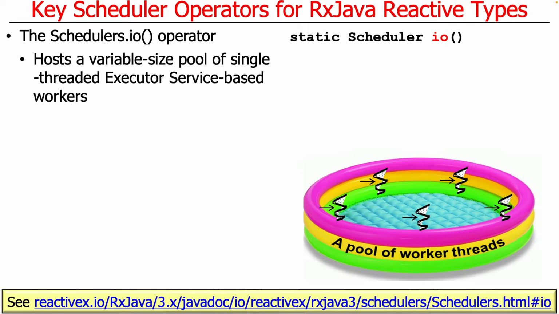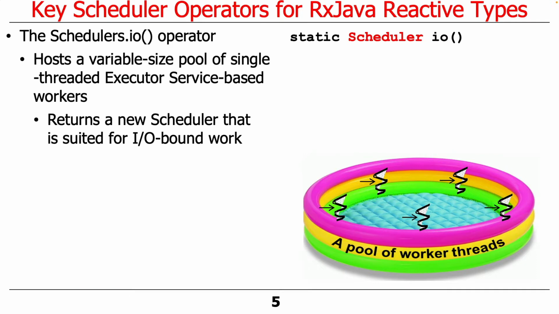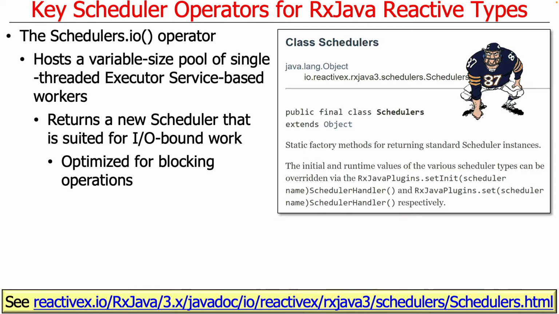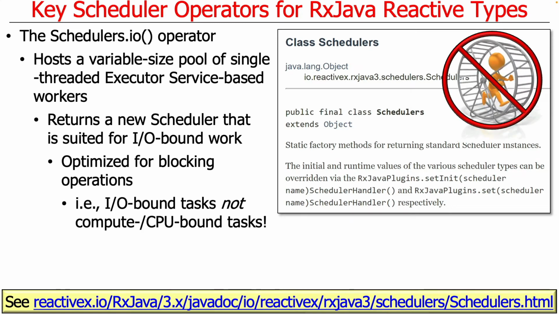So this operator hosts a variable-sized pool of single-threaded executor service-based workers, which is just a fancy way of saying it's a thread pool. And the I/O factory method returns a scheduler that's designed for I/O-bound work. What the heck does that mean? Well, it's optimized for blocking operations. What does that mean? It means that it's really designed for tasks that are so-called I/O-bound and not compute-bound or